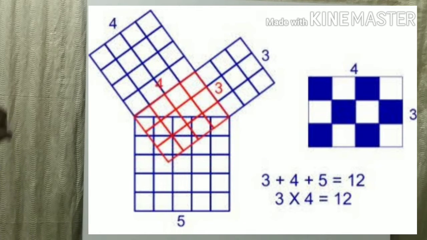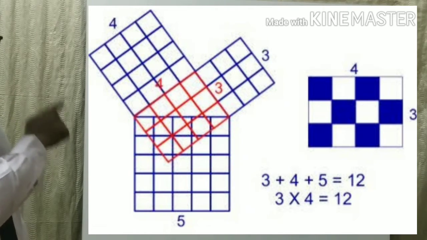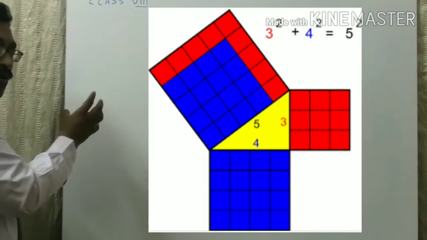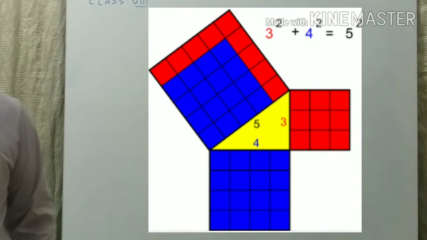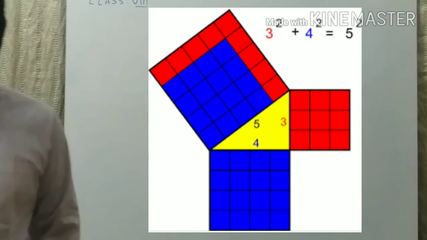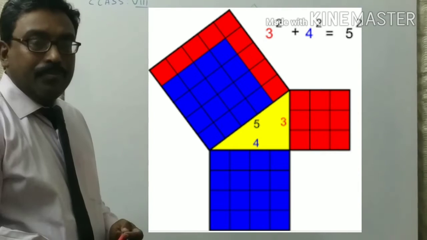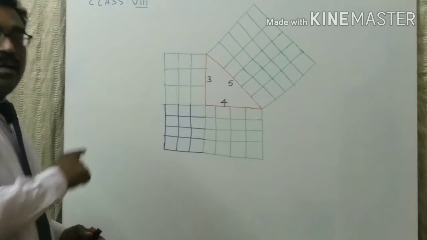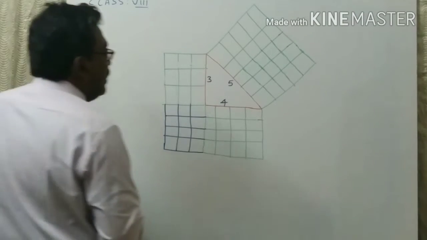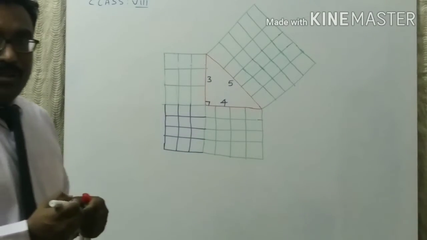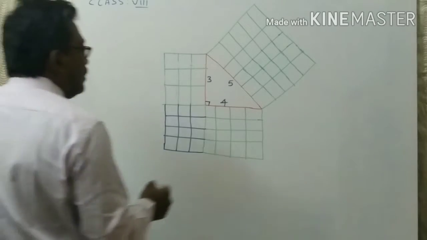Inside the square we can see a right angle triangle. So this is possible with 3, 4, 5 sides. One more peculiar property of a right angle triangle exists only with 3, 4, 5 sides. Now, an interesting fact in a right angle triangle where the sides are 3, 4, 5 centimeters. It's a very interesting fact. What is that? Here 3 centimeters is the side.